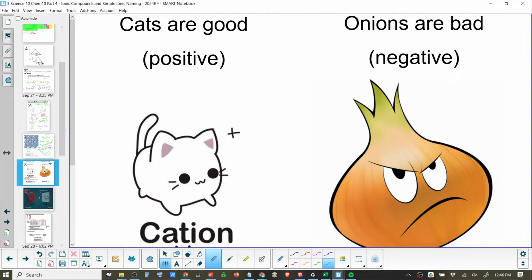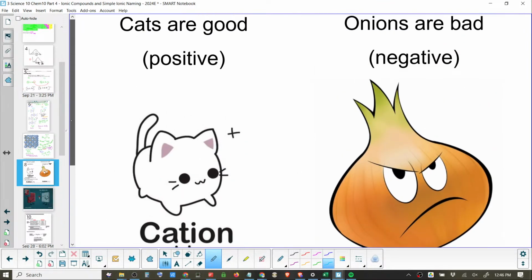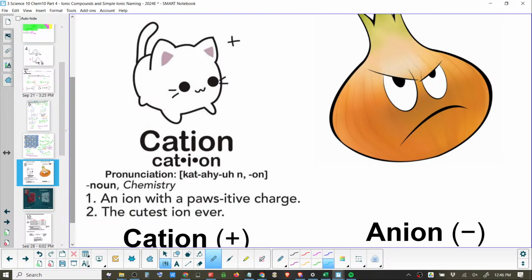What's next? Oh, I had a student in one particular year in Science 10. They always forgot what a cation and anion was. So this is just there in their honor. If you ever forget, you can come here and gaze at the little kitty cat and the angry